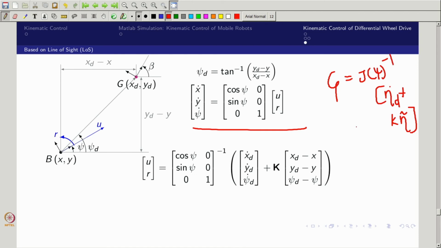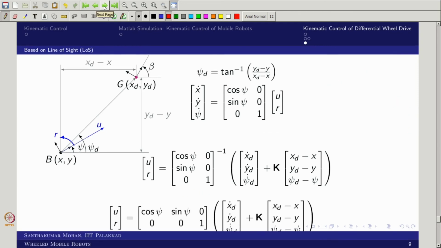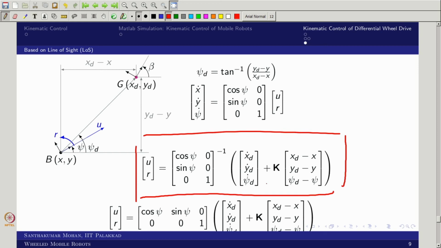The only thing here is J of psi would be a reduced matrix, because the v would not be there. So that is what this is, the J of psi, and the J of psi inverse looks like this. If you take even the pseudo inverse, the final form would look like this. So right now you can see that we can do it. This is the same as the earlier one, only the J inverse has been modified. So in that sense it is easy.